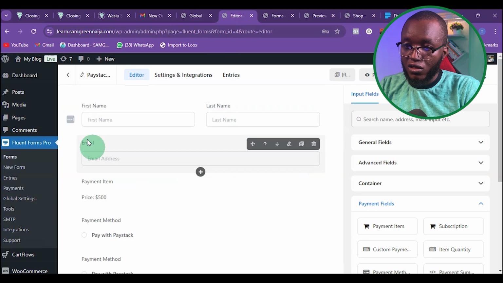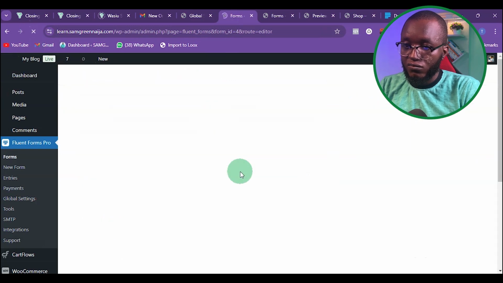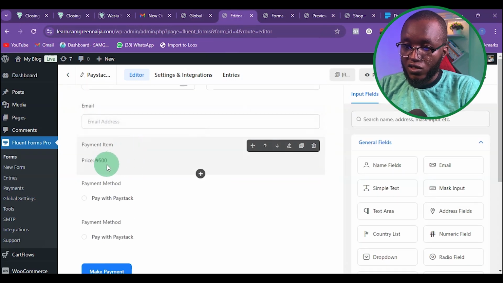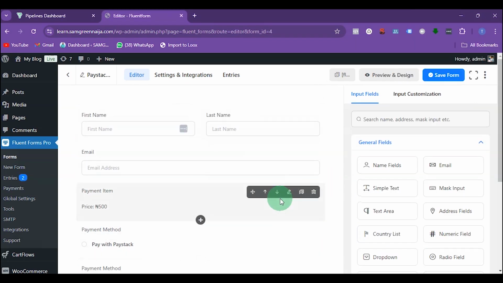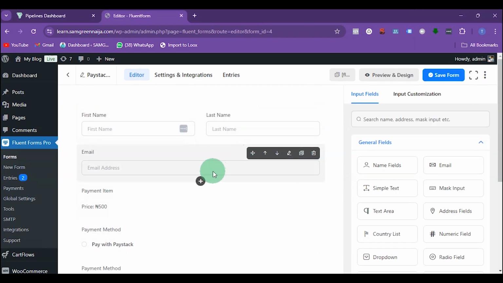Then I'm going to come back here. I'm going to refresh this. Alright, so you can see that it's now showing 500 Naira, not dollar anymore. So for your customer to make payment using this form, either you add it to your existing page, maybe